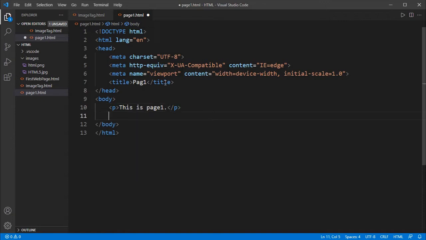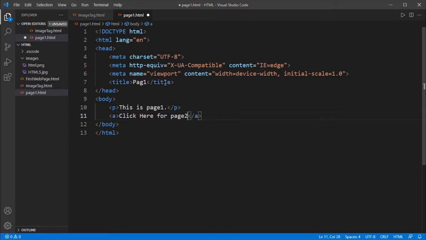Along with this message I create a hyperlink with the help of the anchor tag, which is nothing but the a tag. Here you give some text message, say, click here for page 2.